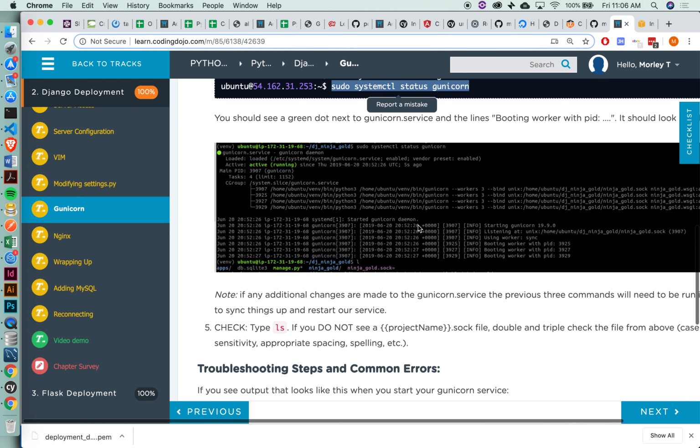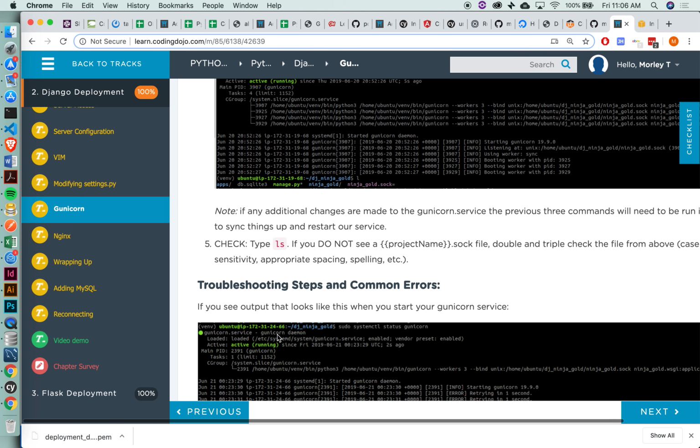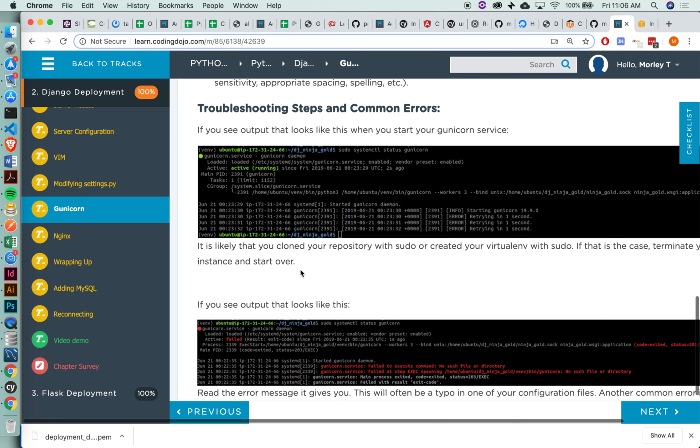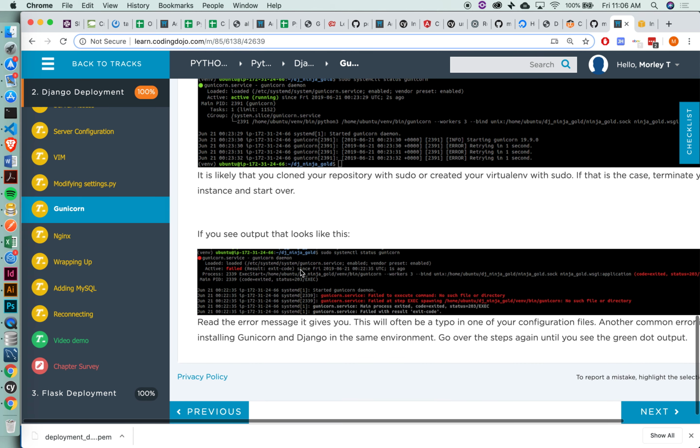If you didn't get that, I think there is some troubleshooting down here just in case something went wrong, but from what I noticed, it was mistyping. If you mistype the name of your repo name or something, you're probably going to run into some issues. All right,